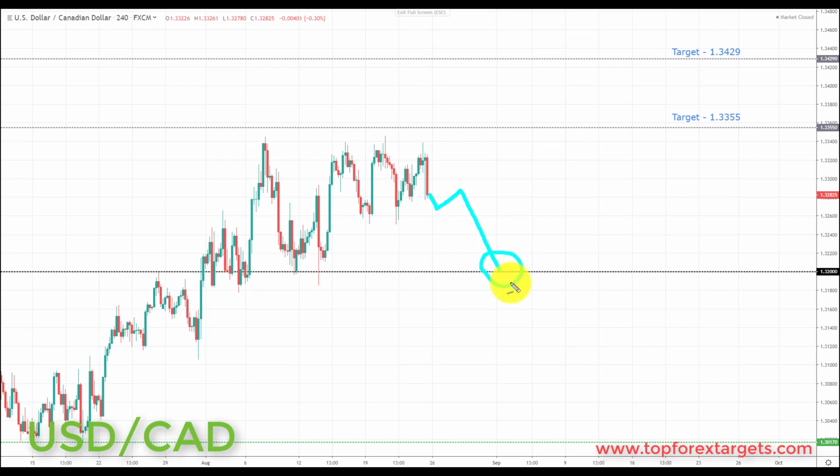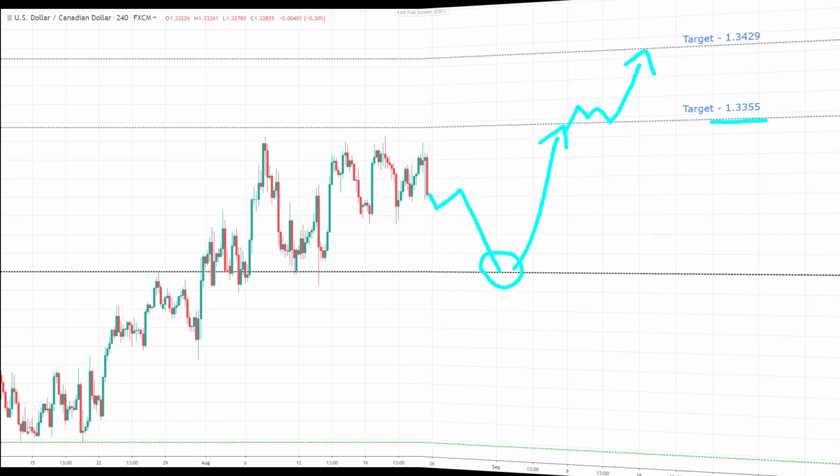And once again, once this move is completed, it may be the following week that we start to get this bounce to the upside in the US dollar CAD. So very simply put, as long as we're above the 1.3200, we're looking for further advances to the upside. But if we get that weakening of the US dollar next week, look for this pullback into the 1.3200. And it may be that the following week we start to get those bullish formations and patterns from this area, and we can start to look back up towards the targets again at the 1.3355. And of course, if we can get above here at the 1.3429.